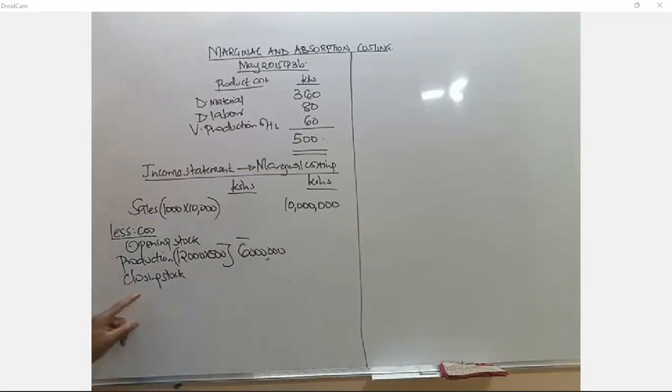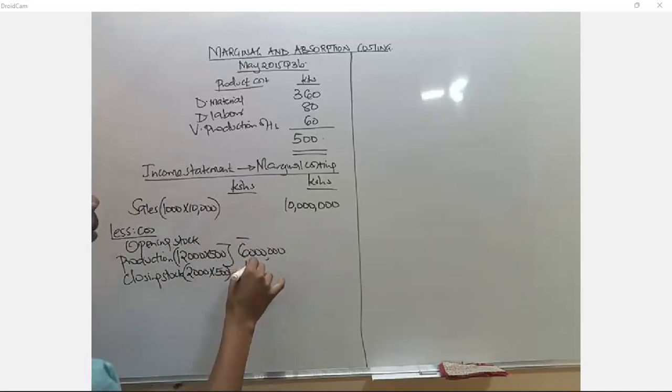The closing stock normally arrives from, we were able to produce 12,000, but you sold 10,000. So the closing stock, it means, is 2,000, right? 2,000 is our closing stock because you are able to sell 10, and remember you produced 12. So the difference is 2,000, which becomes your closing stock. You just multiply with 500. This comes to 1 million,